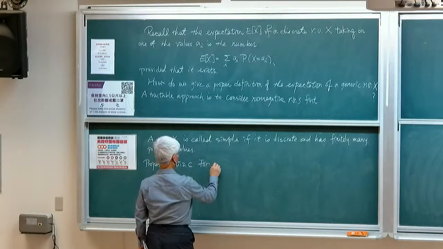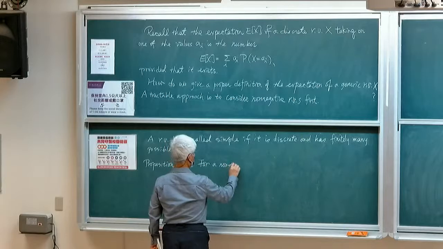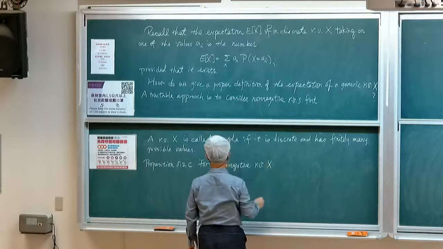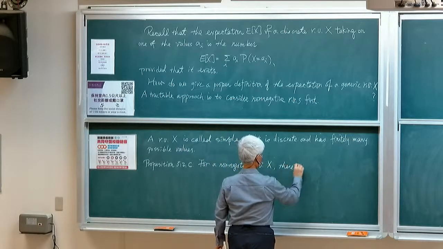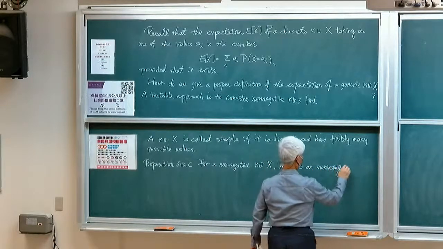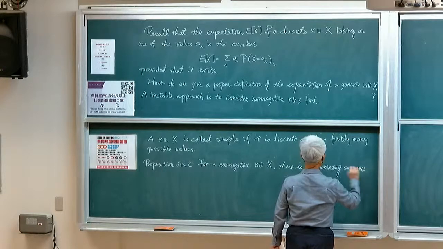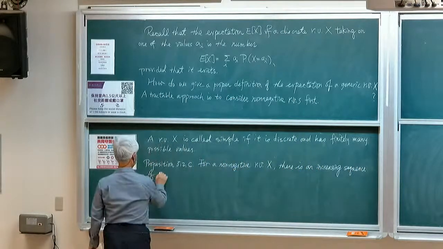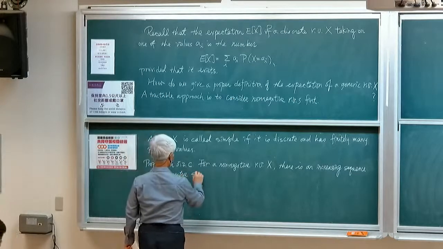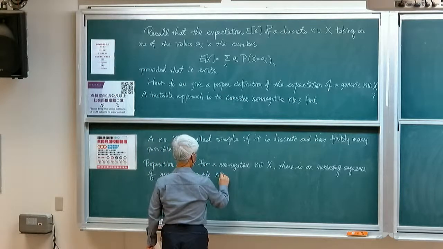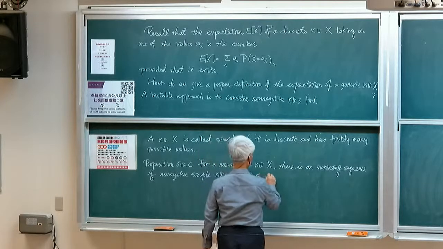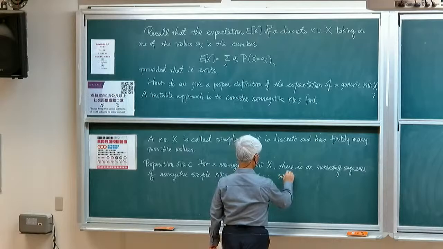For a non-negative random variable X, there exists an increasing sequence of non-negative simple random variables X1, X2, and so on, such that